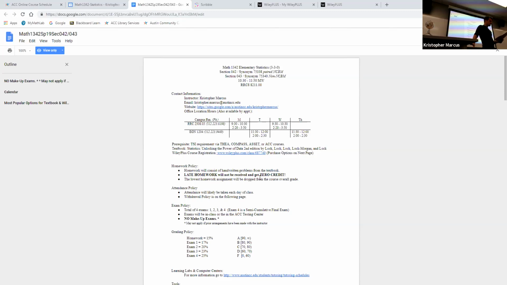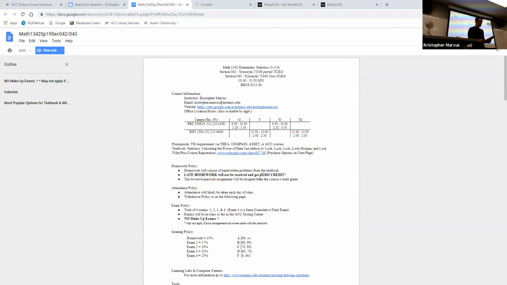The exams are either in class or in the testing center. What we're going to do this semester is we're going to do exam 1 here and then the final here. Exams 2 and 3 are longer, and we're going to put those in the testing center, which is over in building 2000 on the 2nd floor. So I'll give you a heads up on when that's coming and what to expect with the exams. There are no makeup exams, but if you know you're going to be out of town when we've got an exam coming up or something like that, let me know and I'll work around your schedule.